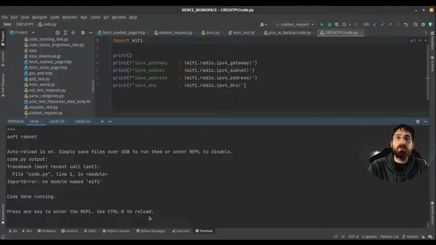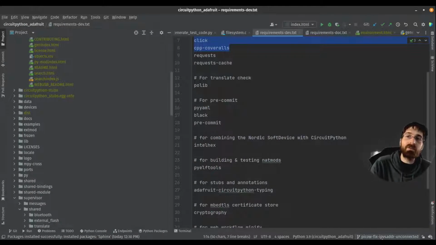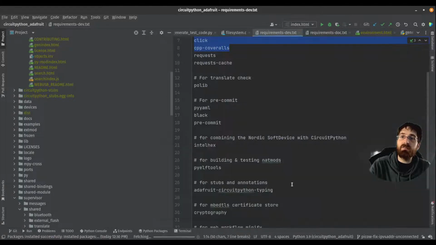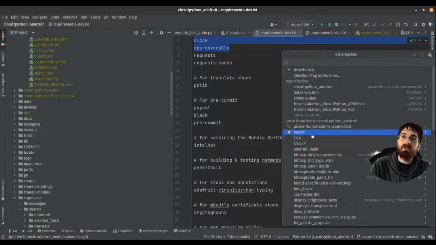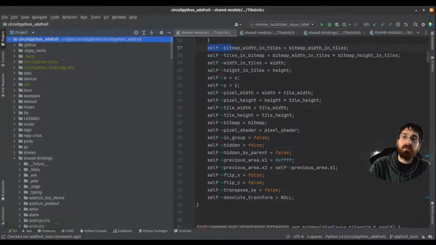A module named Wi-Fi. Okay, yeah, there's got to be something wrong with this. Let's go back to main. Okay, it didn't update main. Is that part of this? Did branch main? We need to go to main. Maybe make fetch submodule?